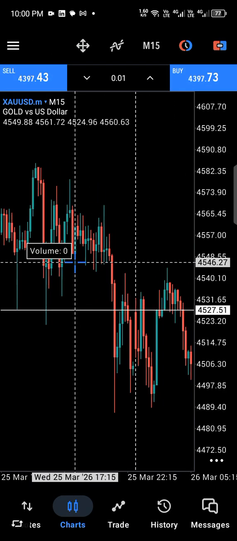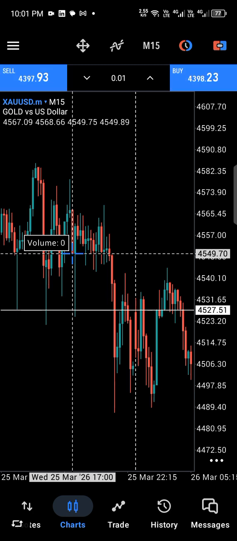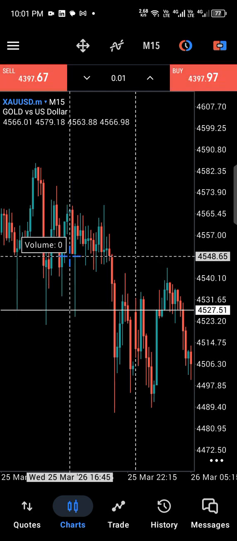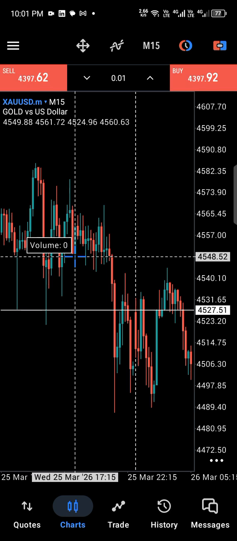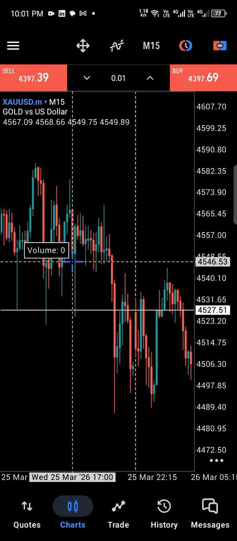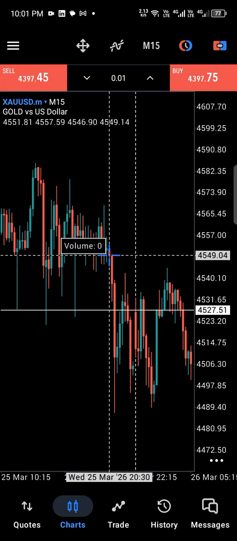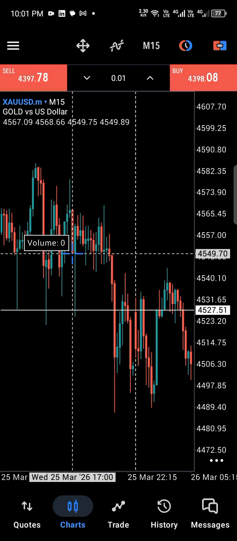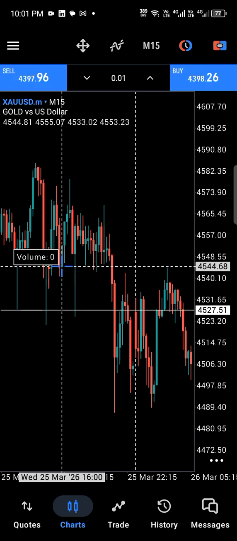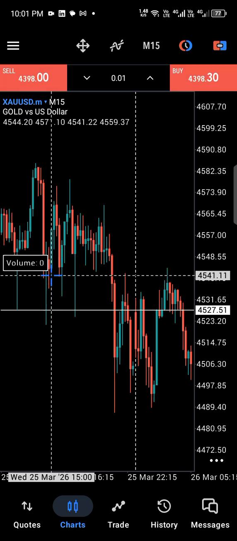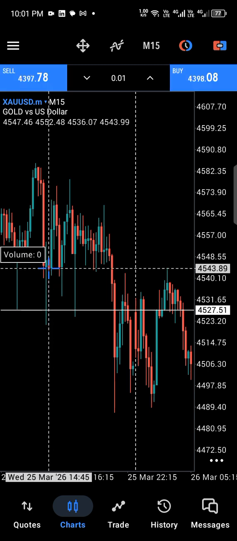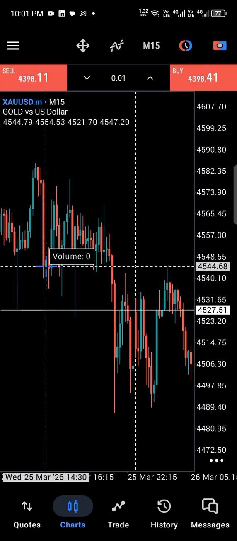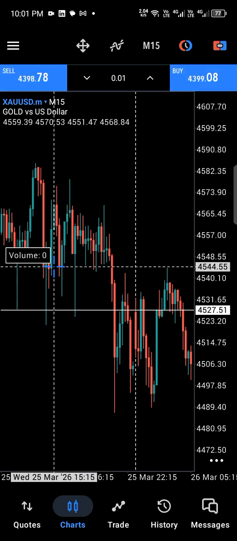So let's look for V levels that have not been touched, and that have turned from support to resistance. And how do they turn from support to resistance? When that V level was broken and the candlestick closed below it. As an example, this is a valid support turned into resistance. This is also a valid support turned into resistance. So let us find the unmitigated V levels. This is unmitigated,